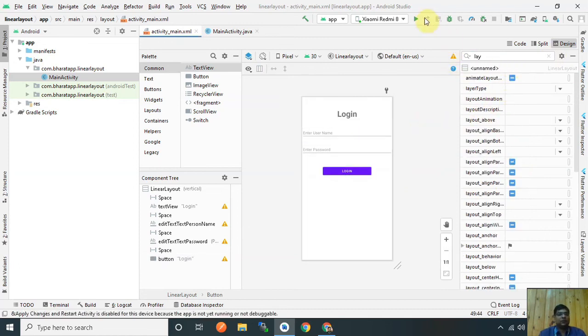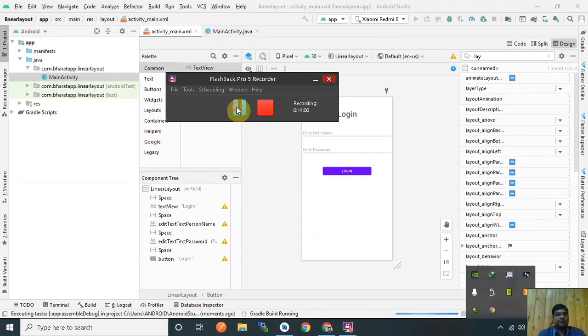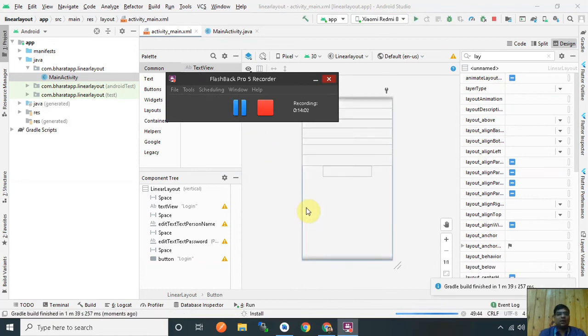Now I run this on my physical mobile. It takes time to run, so wait for that. This installs the app onto my mobile.